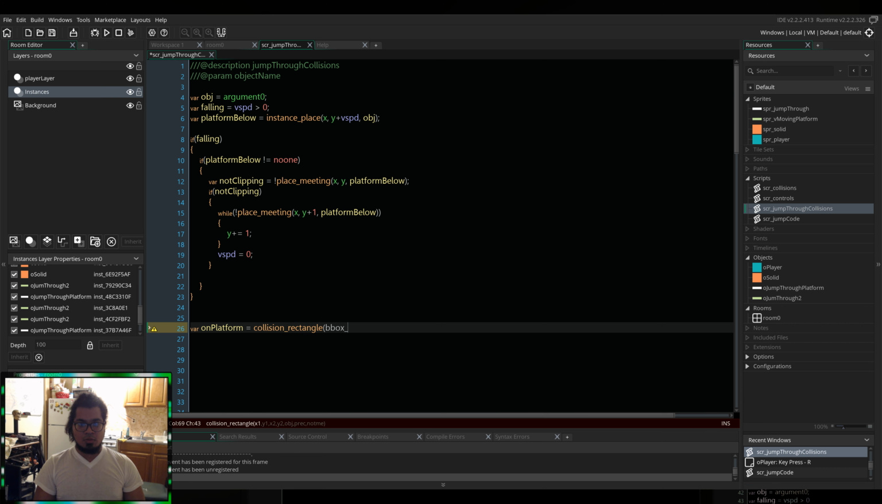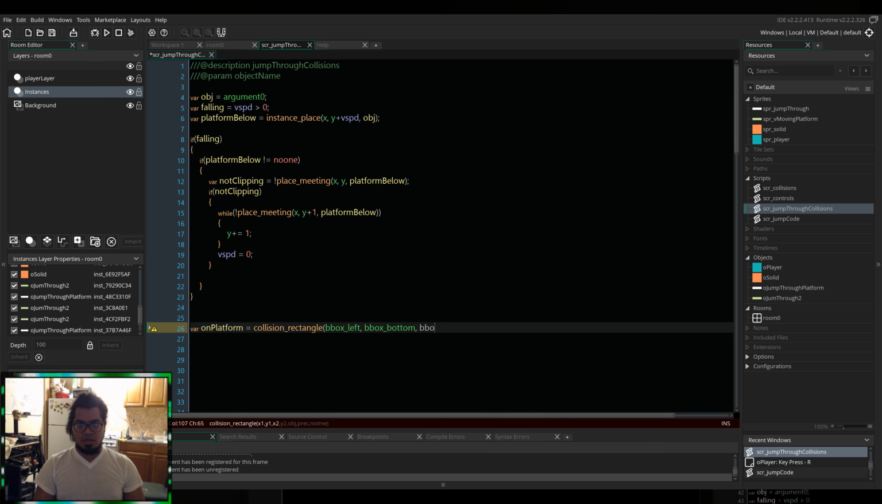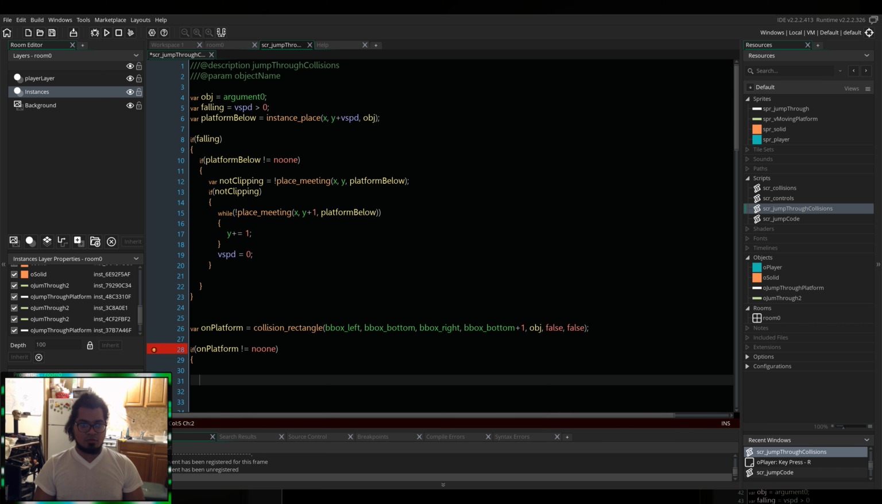We're gonna do bbox left, bbox bottom, bbox right, and bbox bottom plus 1. And then after that, we're gonna pass the object, which is obj, and false and false, so we don't have to worry about any of that. And we're gonna do if on platform is not equal to no one, if there's something below us,